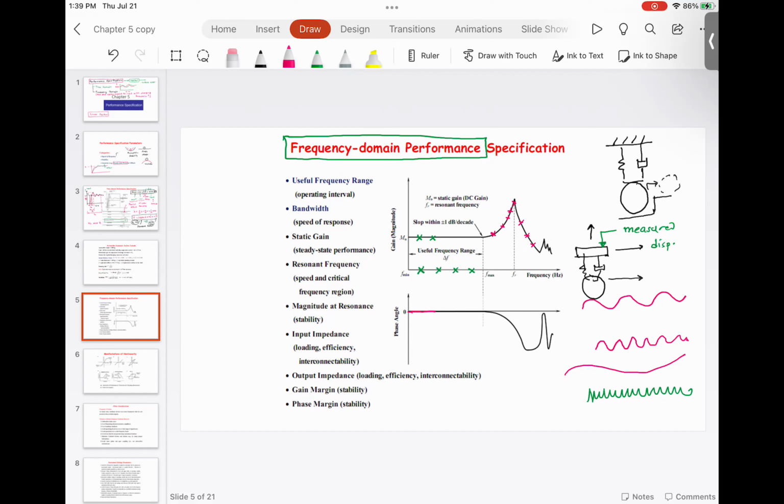The next thing that we talk about is the phase. And what is the concept of phase? Now, this top plot is just going to give me the information about magnitude. It does not give me any information about how quickly or how sluggishly the system responded to the input. So phase is the difference between the input and the output. Say for example, if your input is sinusoidal,